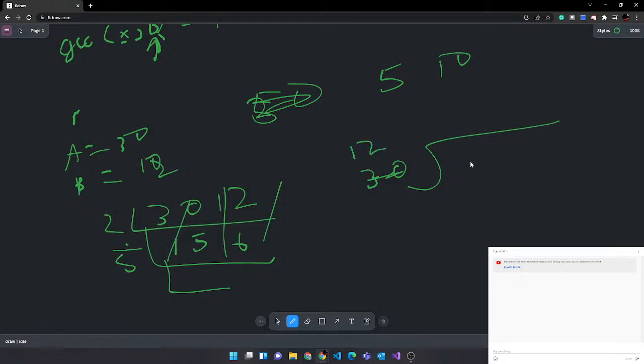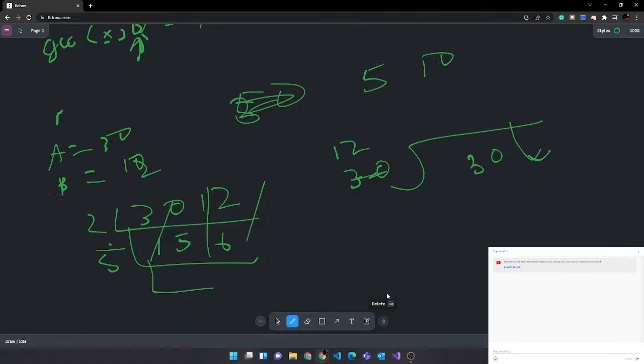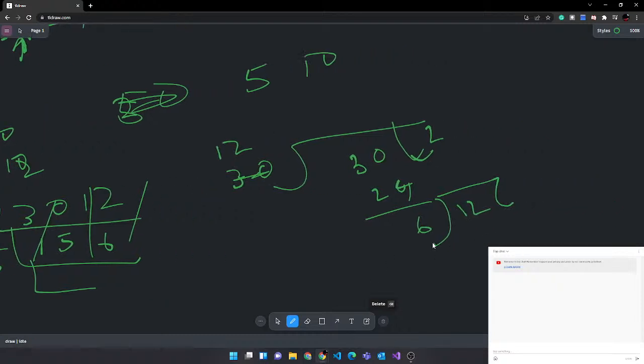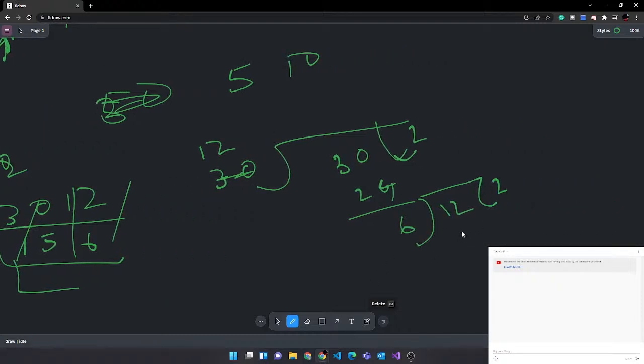Let's say 12 comma 30. 12 modulus. 12 to the 24, 12 to the 36, 12 to the 24, so 24, then we'll have 6 here. Then this goes over here and we put 12. 12 is done, 12 to 6, 12, and we got 0. Alright, so the GCD is